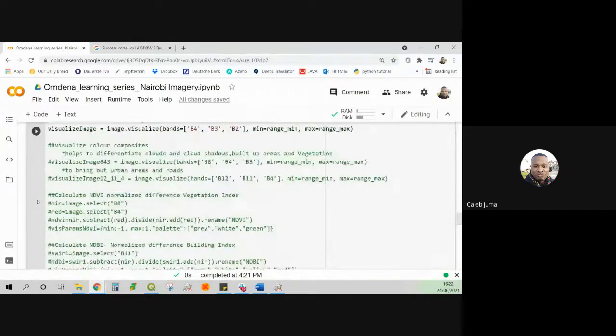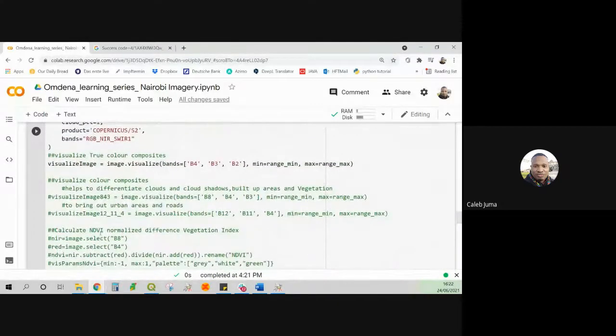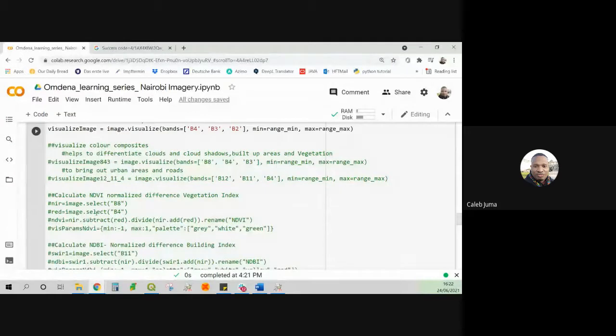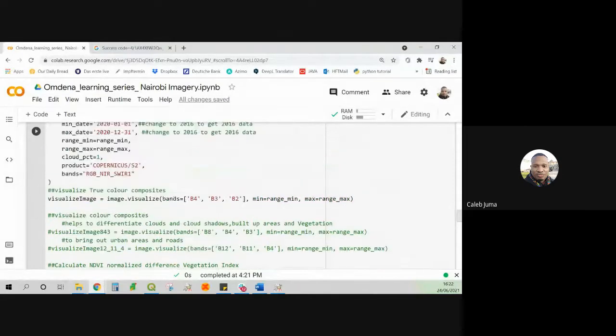Yeah, so let's go back. We are going to use this later. I've just commented them out because we'll use it for the pre-processing. Right now, I just want us to visualize the image and see how it is. After generating our image, we'll come over here and write this particular function to be able to visualize our